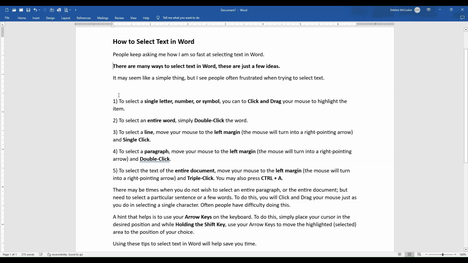People keep asking me how I'm so fast at selecting text in Word, so I thought I'd make this tutorial. There are many ways to select text in Word, and these are just a few, but these are the ones that make me fast. It may seem like a simple thing, but people seem to get so frustrated when trying